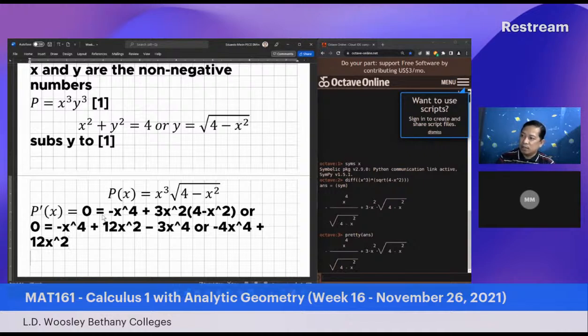Okay? Then, so what we could have here, so kung divide mo siya by 4, tanggal ang 4, magiging negative x to the fourth plus